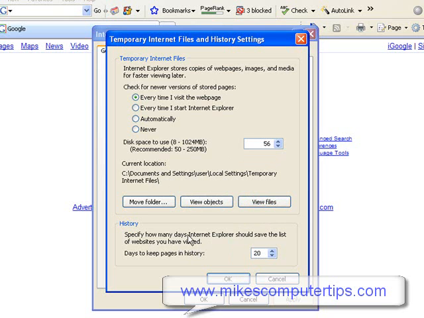History, you can change this down to a lower setting, or if you like to have a longer history, then you can keep that. This will take up a little bit of space on your machine the longer it is. But that's up to you whether you want to change that. So then you just click OK,